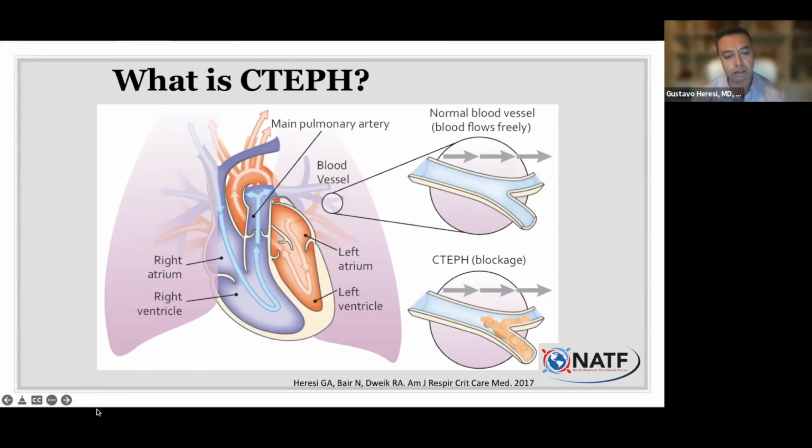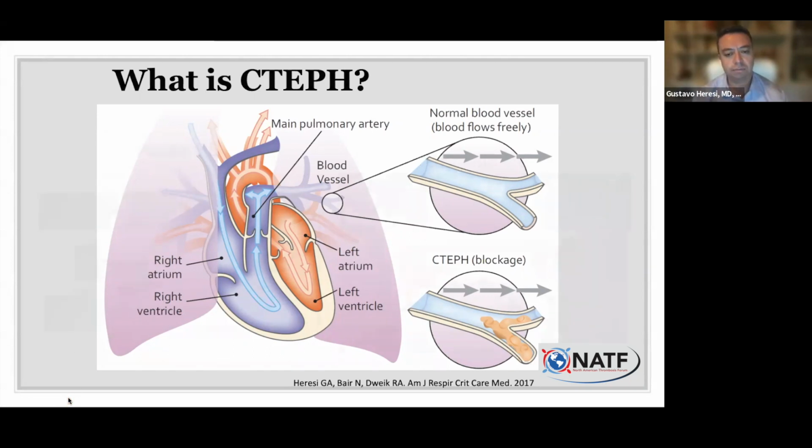This is the reason why people have trouble with this condition. All the testing that your doctors may do is really geared towards finding two main things. One is where and how much chronic clot you have, and two, how much lung pressure elevation you have. Because the disease is basically high lung pressure due to chronic clot. So all the testing that we'll talk about tonight is really geared towards finding out those two things, chronic clot and lung pressure.